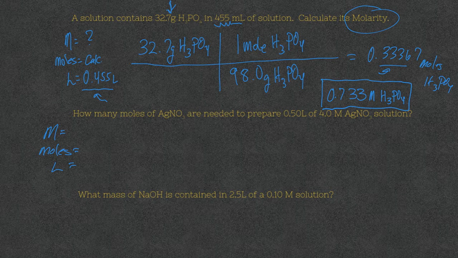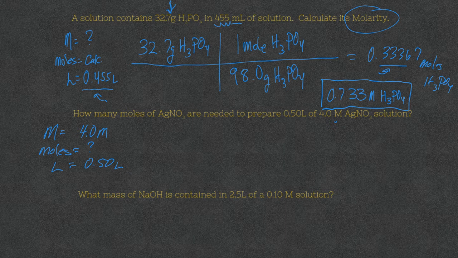This time we have our molarity. We'll look for those units to double check that we're writing in the right information. It's 4.0 molar. Moles is our question mark. That's what we're solving for. And our liters this time is 0.50 liters. We don't even have to convert this one to liters from milliliters. So we simply need to